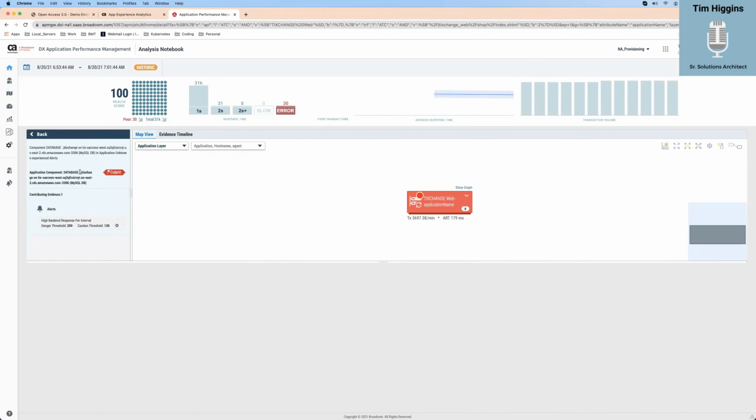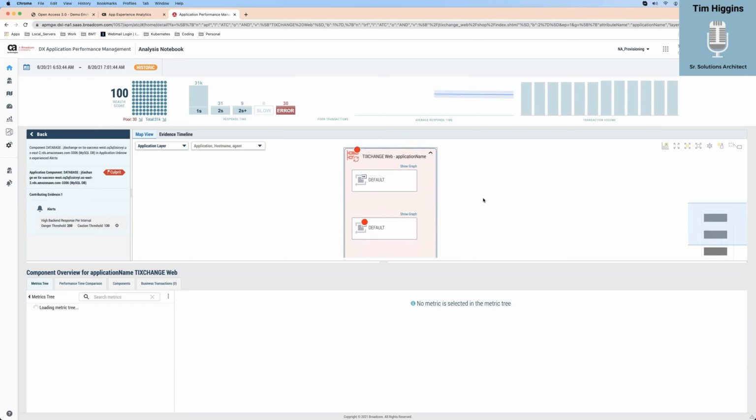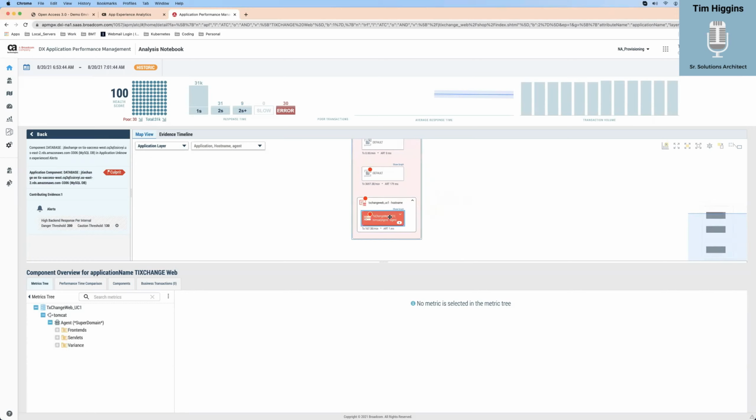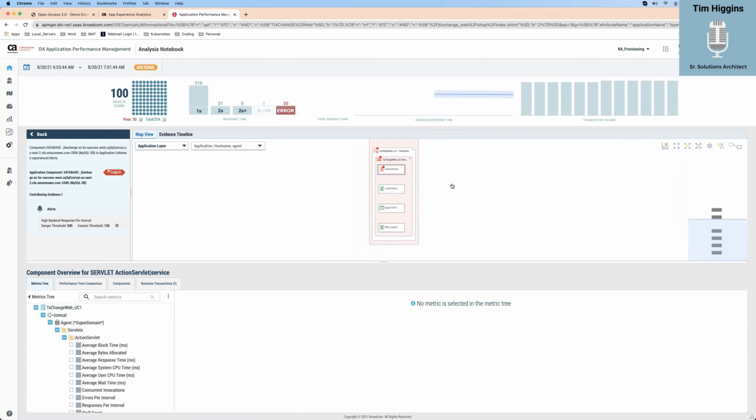Now I can see my database right here has an alert that was fired off. My danger threshold is at 200, it's at 8, and this is my response time, which I can see right here. Again, you still have all the debugging features. If I open this up, get some real estate here, and zoom out a little bit, it looks like we still have the problem down here. Just digging in a little bit, I can see what I'm showing you as it's filling in these metrics over here. So let's go back.